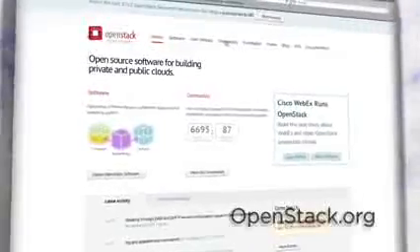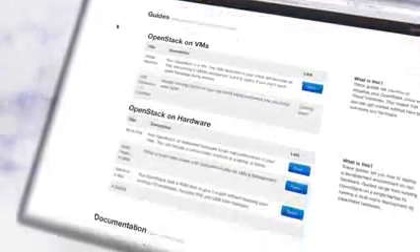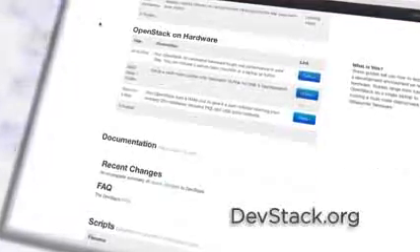If you're exploring OpenStack or you want to learn more, go to openstack.org, attend one of the many global meetup groups, attend a design summit and conference, or join the community. If you're a developer looking for an easy way to install OpenStack, you can try the free community-supported installer from devstack.org, or if you're looking for a commercially supported version of OpenStack, you can download the free and open source Rackspace private cloud software from